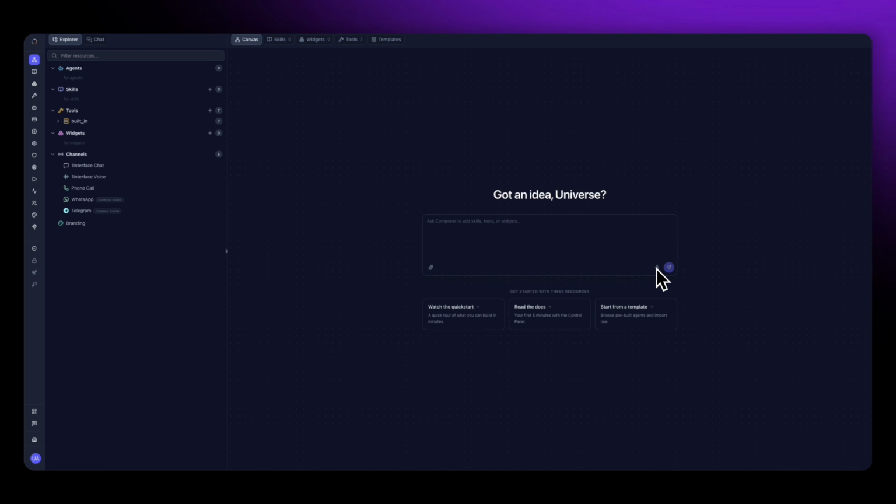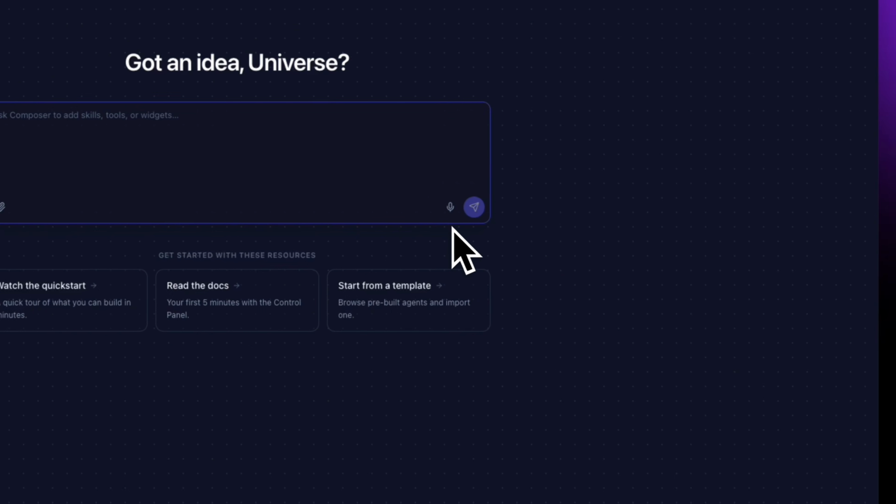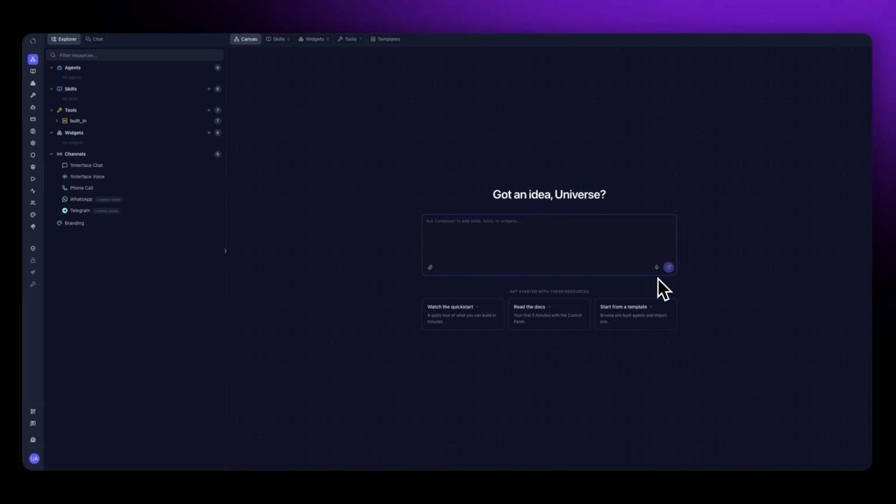The second is just talk to the composer using its voice feature over at the bottom over here about what you want to build, and the agent proposes the same kind of plan you would get from typing. The third way is to use an MCP, which lets you drive the same composer from your own coding agents such as Claude Code and Codex. You can change the voice, persona, latency, and audio and behavior of the composer by going into the configuration,